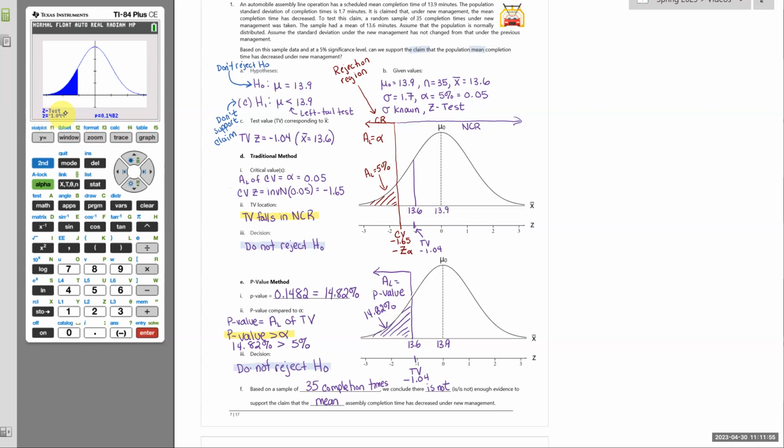And at the bottom of the screen, it gives you your z-score. That's going to be your test value. And it gives you your p-value there that we wrote down. Now, unfortunately, if you try that, there's a potential you're going to get an error. And I can try to make another video to kind of help people fix that problem. But the calculator is capable of drawing